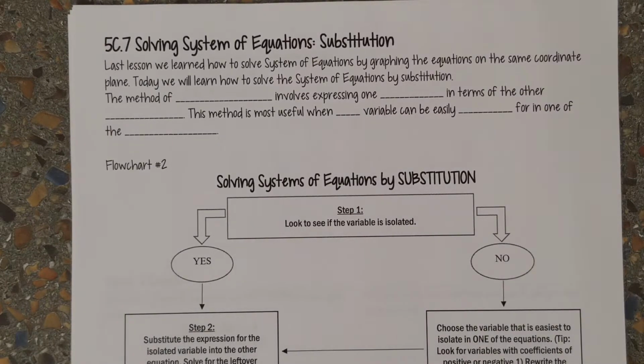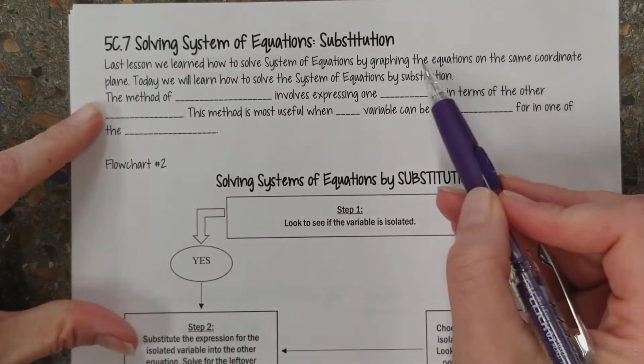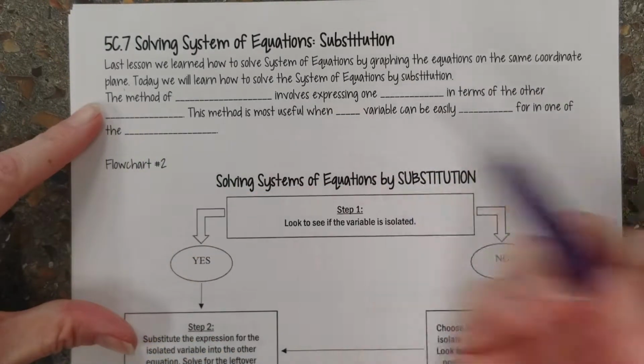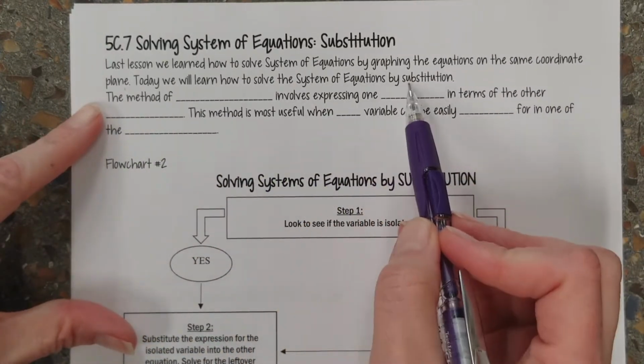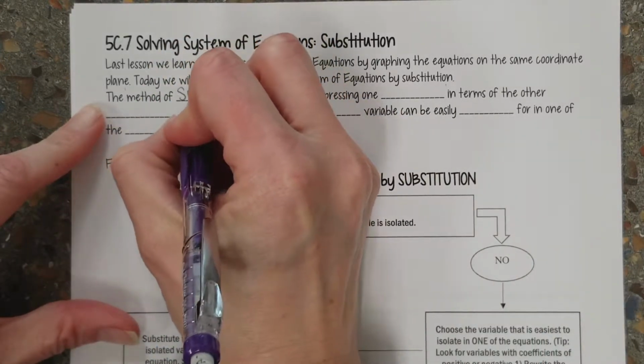All right, so the lesson before this, we learned how to solve systems of equations by graphing. We graphed the equations on the same coordinate plane. So today we're going to learn how to solve systems of equations by substitution. So the method of substitution